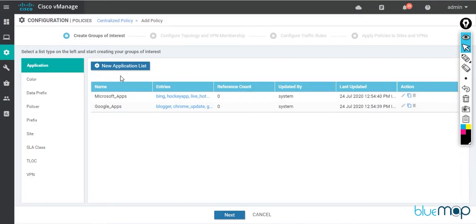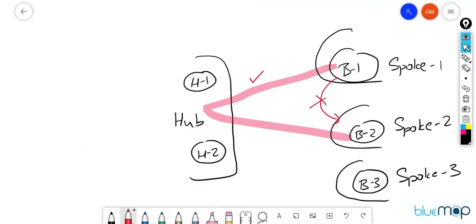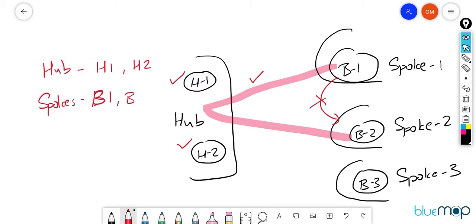So add policy. The first thing we do in a centralized policy is create some groups of interest. Obviously I have to design a hub and spoke scenario, so I have to choose who is going to be at my hub location. Obviously H1 and H2 will be at my hub location. So when you talk about hub, it is H1 and H2, and my spoke sites will be B1, B2 and B3.